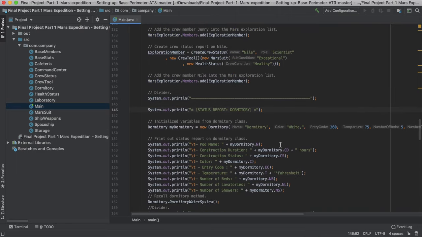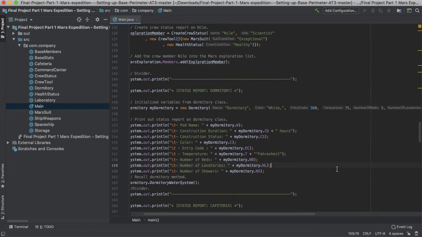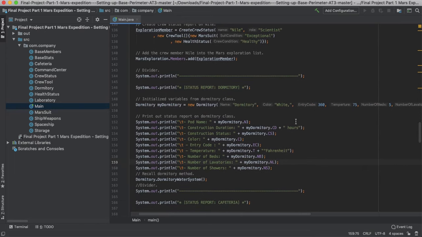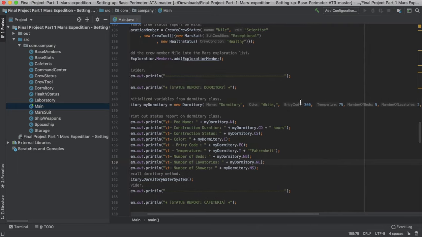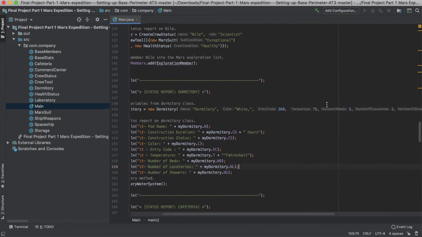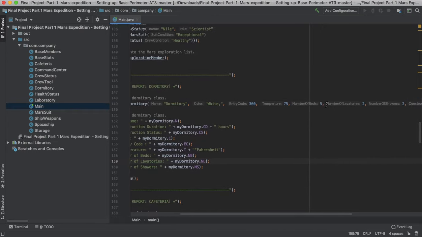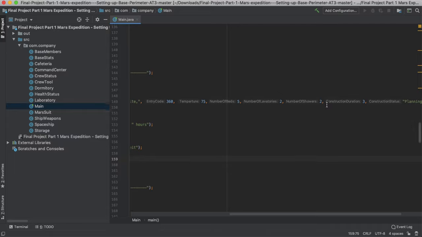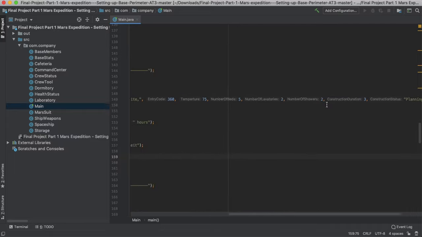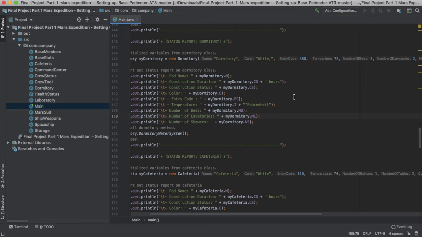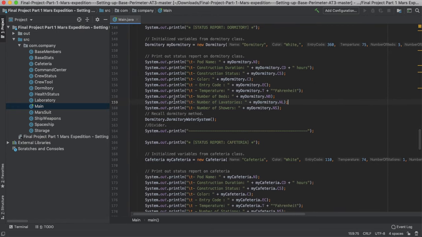And below that, this is where the actual objectives of the final project are supposed to be met, I suppose. Over here you have a status report on the dormitories, which will give you a report on the name of the pod, the color, the entry code, the set temperature, number of beds, number of bathrooms, number of showers, construction duration, and the construction status, or which phase it's at. And then over here we have a recall to the dormitory method,